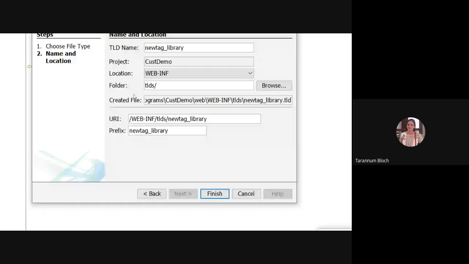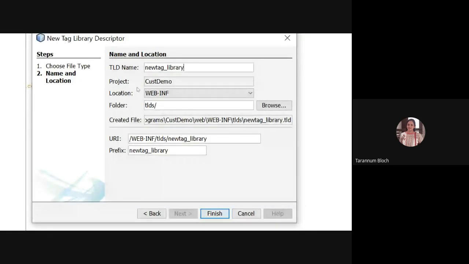TLD, right? I'll give next, and then it will ask me the name of my tag library. I am saying my tag library. It will create inside the WEB-INF folder another folder named tlds, and under it the tag library descriptor.